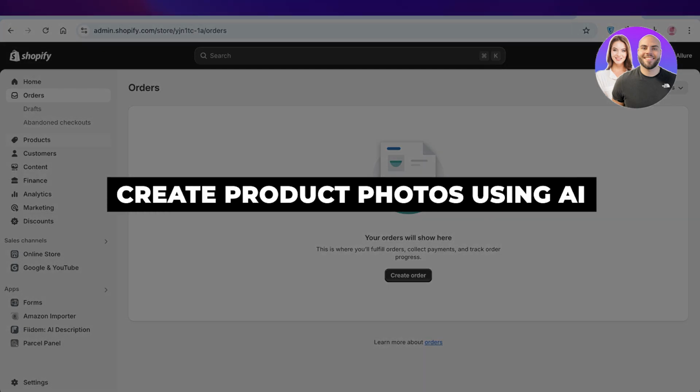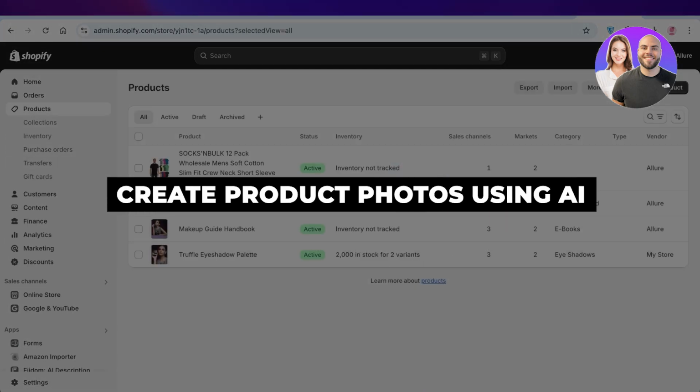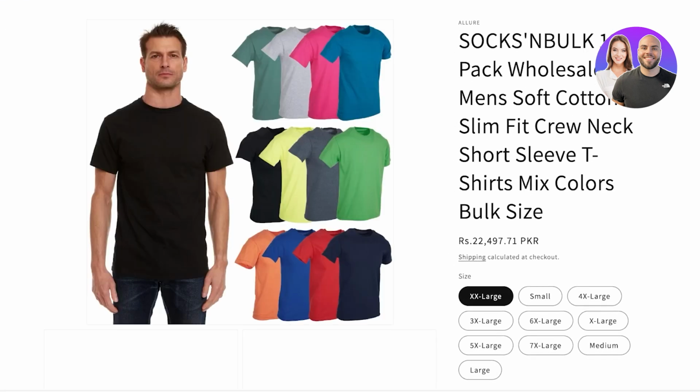How to create product photos using AI. Hello everyone and welcome back. In today's video, we're going to be taking a look at how we can create our own product photos using